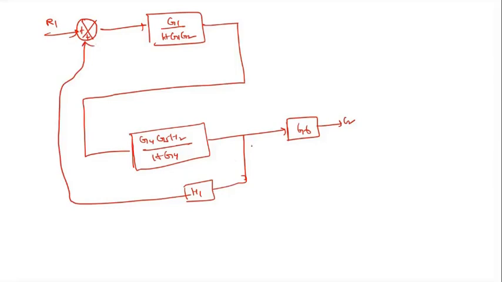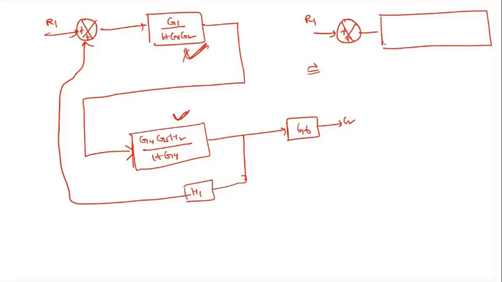So here I may get some confusion. Why am I creating confusion? To get better clarity. See here, this line is directly connected to this, and again this is connected to this. So these two elements, which connection is it? Series connection. If it is a series connection, just multiply the entire term. That means G1 by 1 plus G1 G2 into G4 G5 H2 by 1 plus G4.